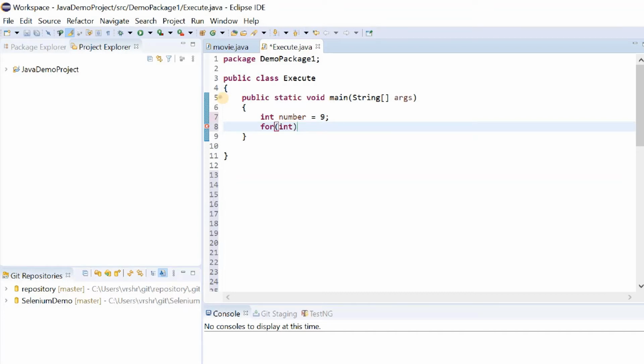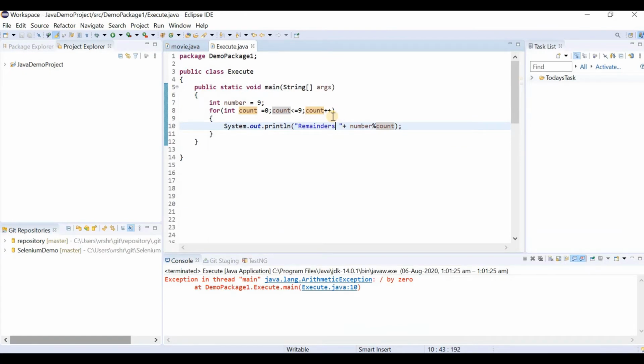As I said earlier, we have to initialize the counter and create a counter over here. So I'm going to name this as count. Let us give the terminating clause now. The counter must be less than or equal to 9 because the factors of the number 9 won't be greater than 9. And let us increment the counter now.